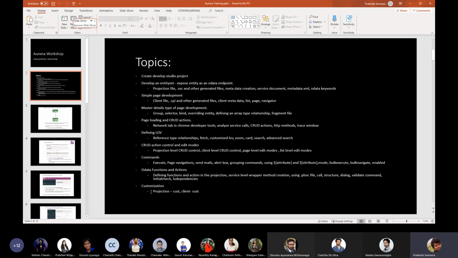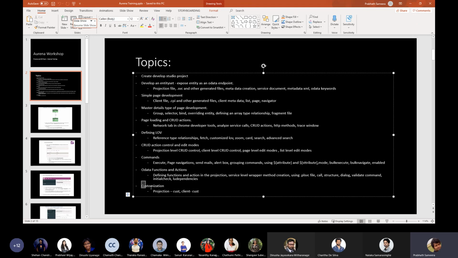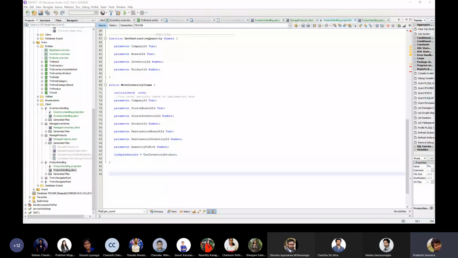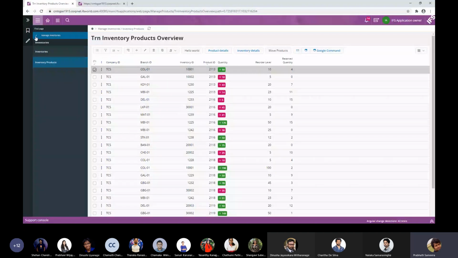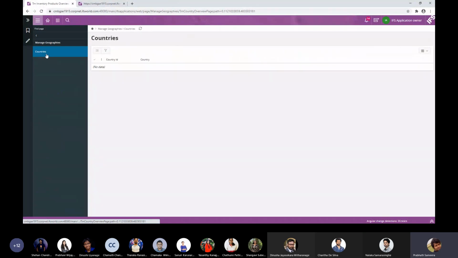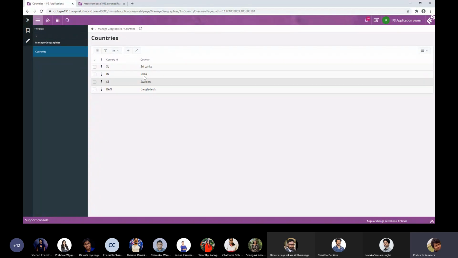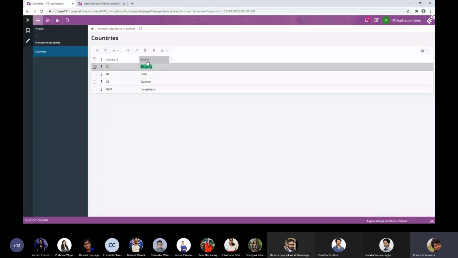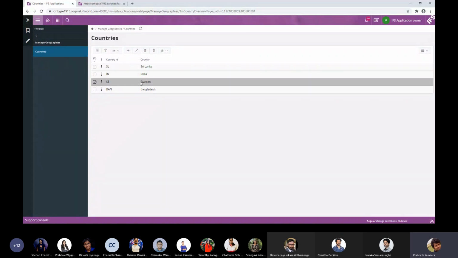Then as the last topic, I'm going to describe the customization, and here I'm going to do some changes to my, I think you will remember the page we created in our first session, this countries page. Here I'm going to do some customization and change this label into countries test, and also I need to get these country values in uppercase. So for that I am going to do a